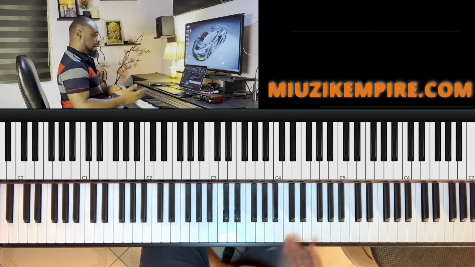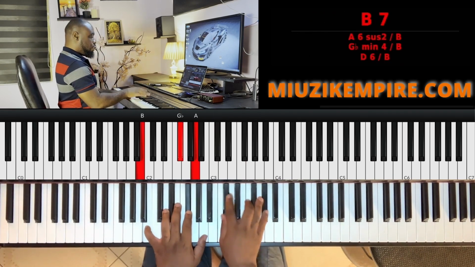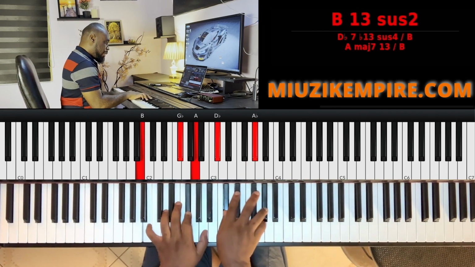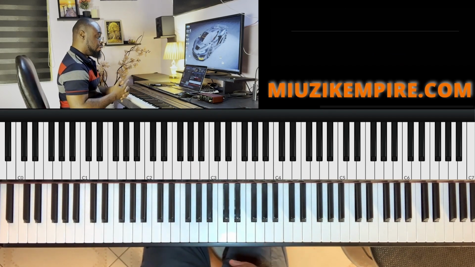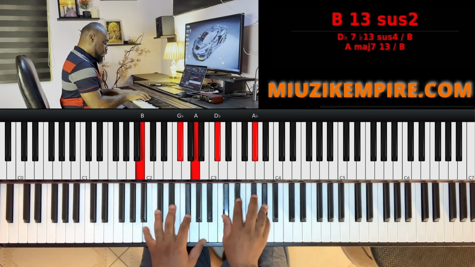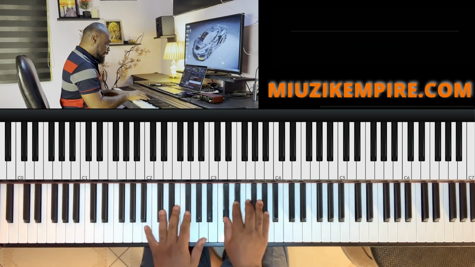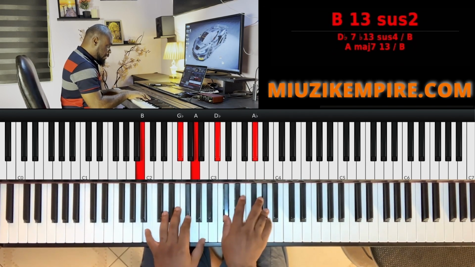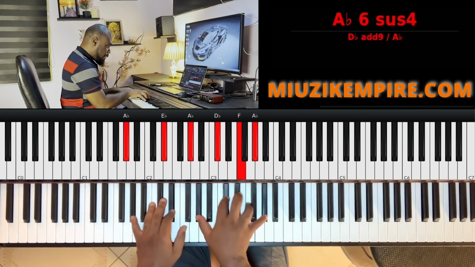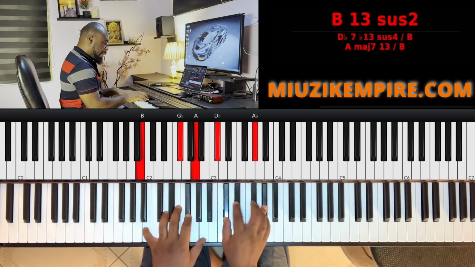So I think you heard it. The expression is on the flat 7. So I have two ways of doing it. In order for you to create this kind of feel very comfortably, you might have to skip this middle note. Okay, if you want to hit the chord directly, then you can just do. But if I want to do this, then I have to take away the F, which is the Mi or the 3, and then I'll play the